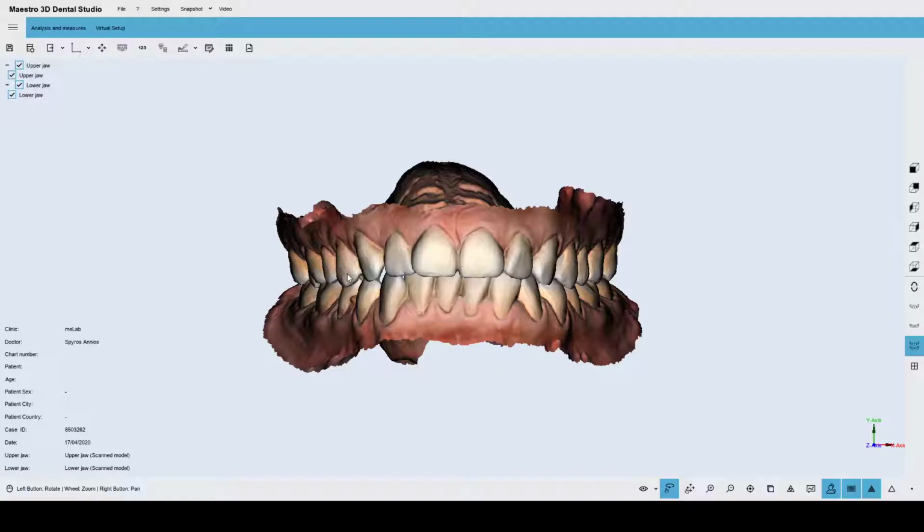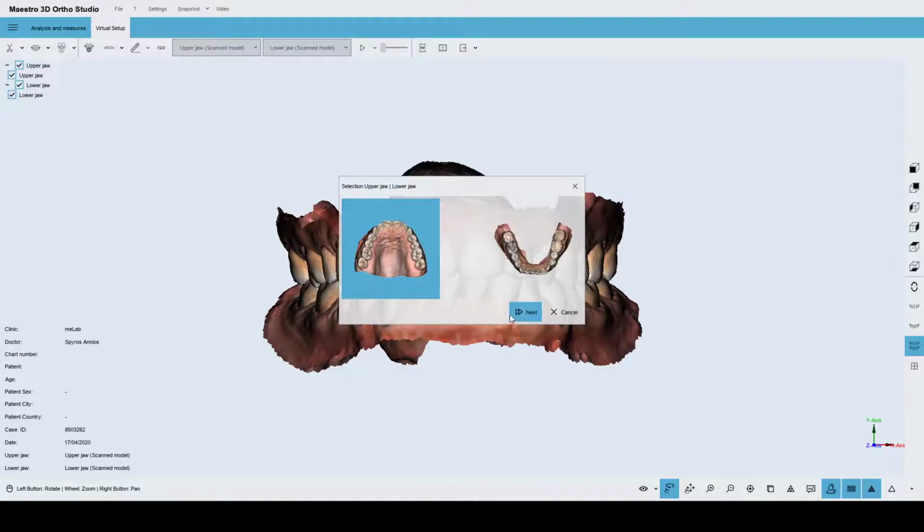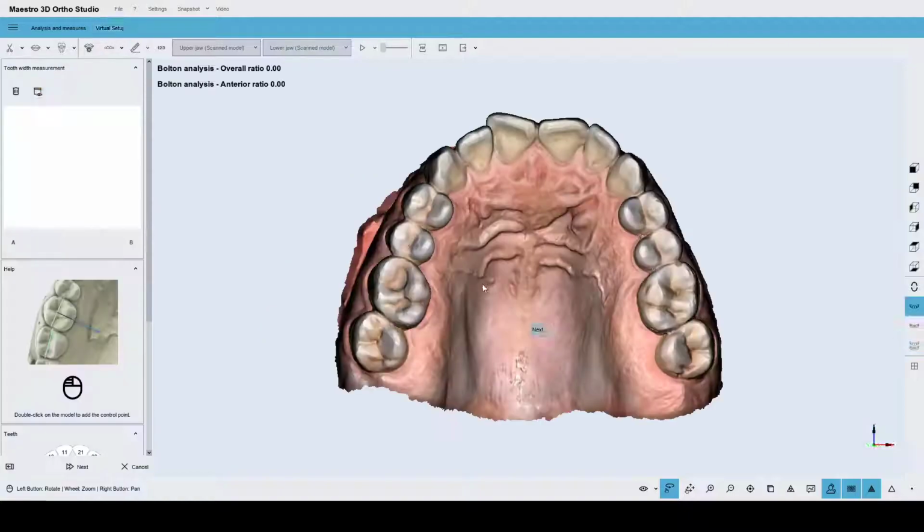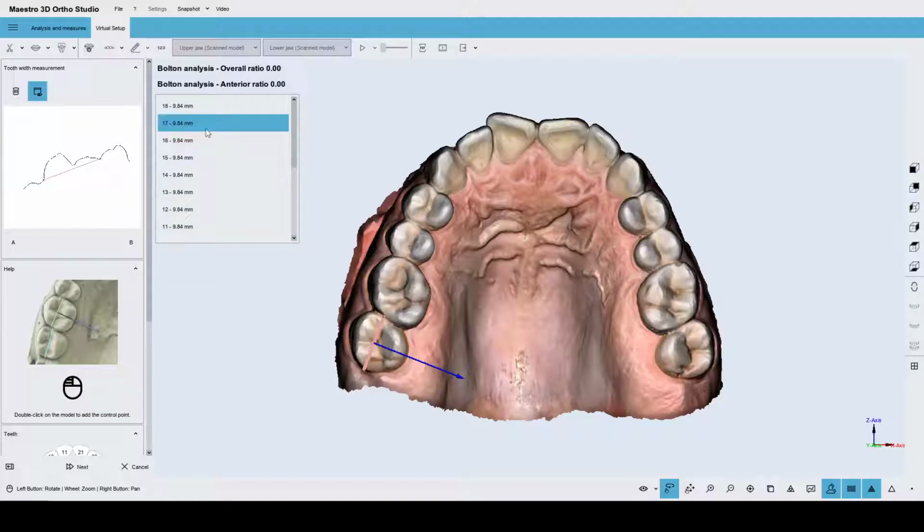It's the real job, let me say in this way. So we can move to the virtual setup tab, and we can start with the teeth segmentation. This is a preliminary step that we need to perform in order to start to move the teeth to an ideal position. In order to do that, we need to perform the measurement of the teeth in a mesial distal way, starting with